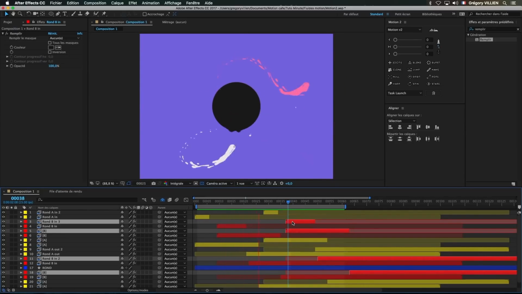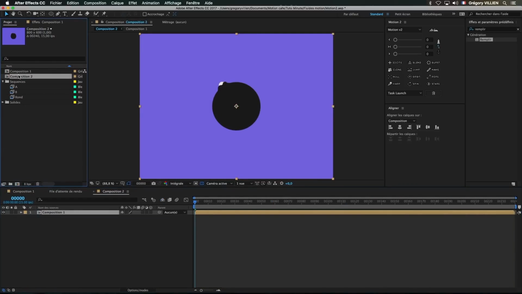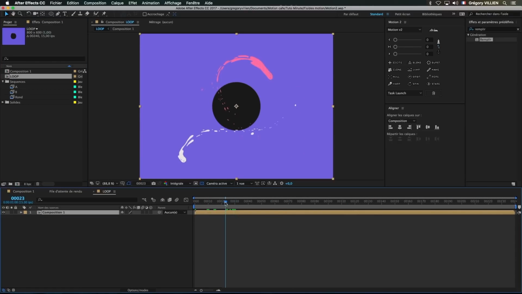We'll repeat the animation and create a loop. Same thing, I duplicate the second direction for B. I put in the right timing. And here it's all right. What I can do, even if it's not necessary, is to make my composition into a new one to manage the loop. When I make it, here for example, I'm going to place it in the middle. I put it at the beginning of the composition, and I delete the beginning. I try to find the same time and make a loop. I think I found it.